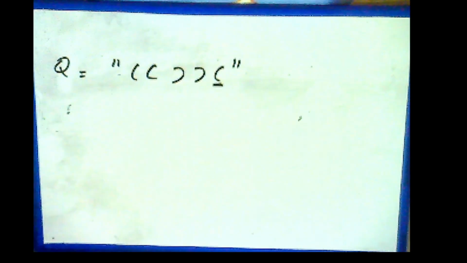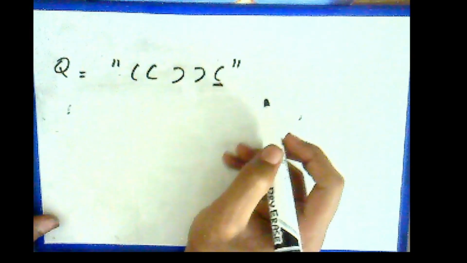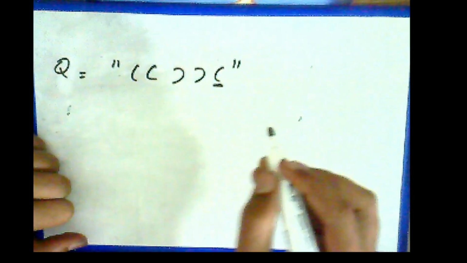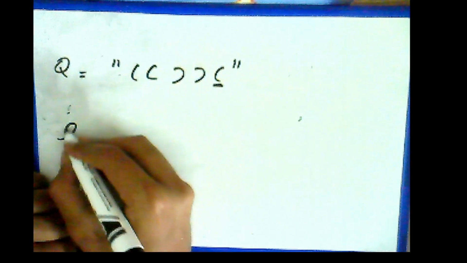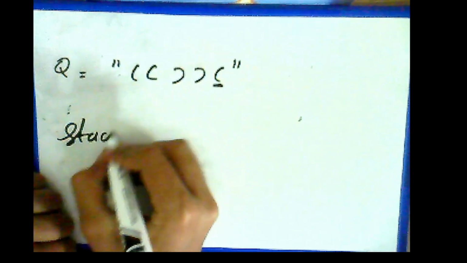Now, computers are dumb, you know that. They cannot just look at it and do the operations like humans do. You need to tell them specifically what to do. You need to write a program that exactly solves this problem. So to solve this problem, we can create a stack data structure,